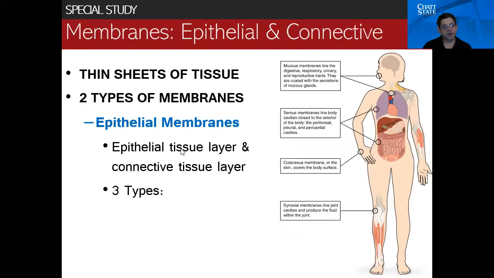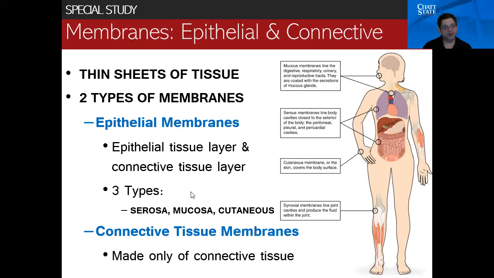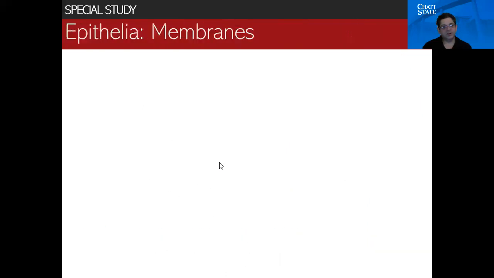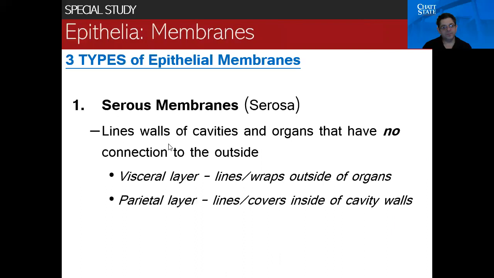For membranes, real quick, and that kind of does us in for chapter 1. Looking at only the serous membranes for right now, they give us a visceral and parietal layer. The visceral layer always wraps that organ, and the parietal layer lines the inside cavity wall. So I mentioned this example, I'll do it again. If you think of